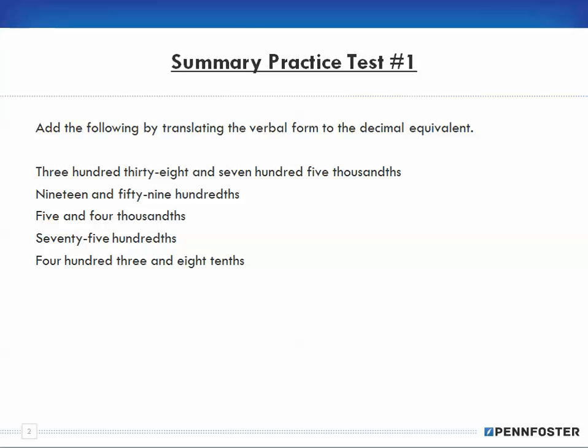Question number 1. Add the following by translating the verbal form to the decimal equivalent. That means we translate this verbal form into a number and then total them all up. So we have 338 and 7/500ths. The word "and" tells me that's where my decimal is going to go. So 338, and